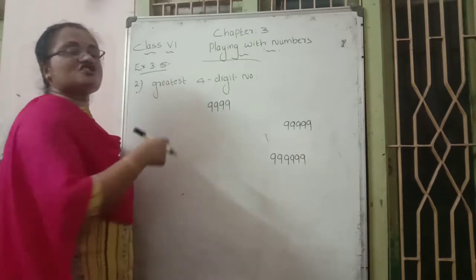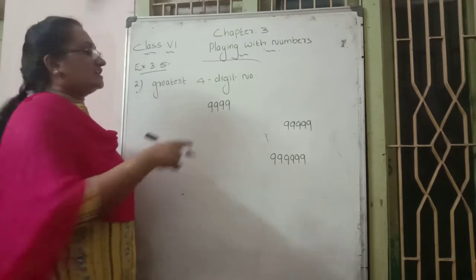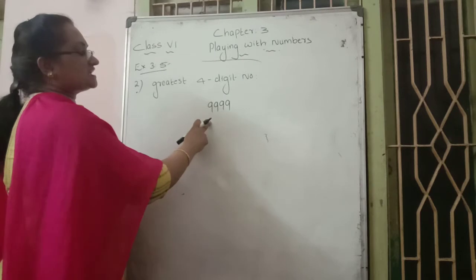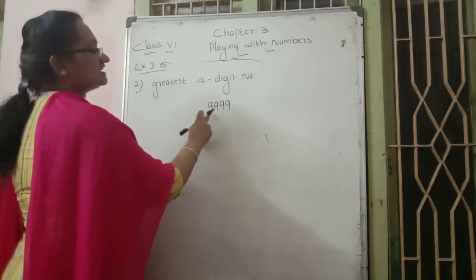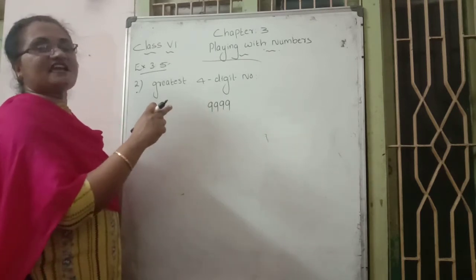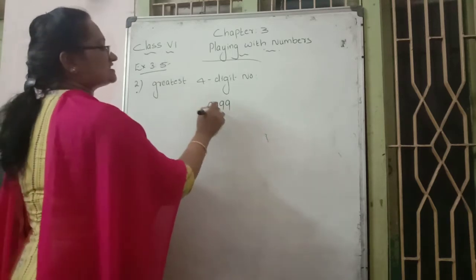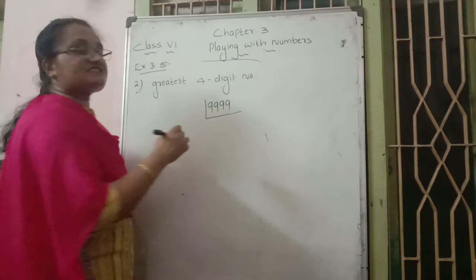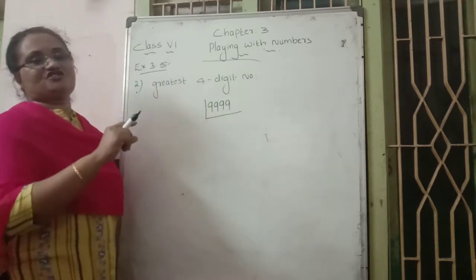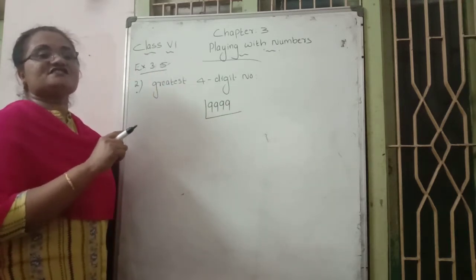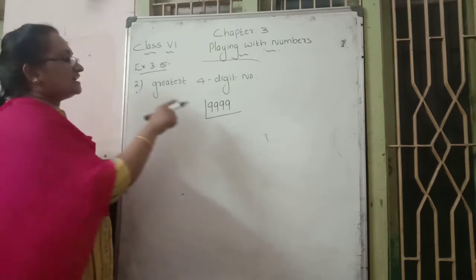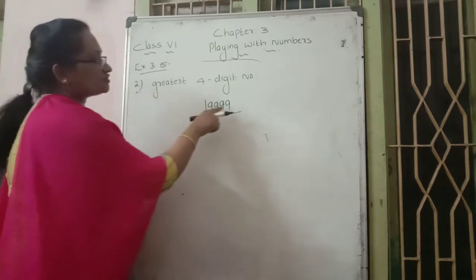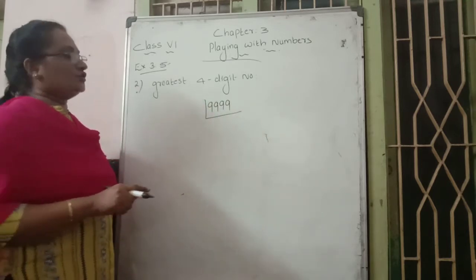In this way, the greatest number. Here they are asking for the greatest 4-digit number. How to read this number? 9,999 is the greatest 4-digit number. They ask for prime factorization and the factors. Prime factors, right? That is the meaning of the second question. Here, how to do this? Which prime number do we use? Is it possible to divide it by 2? No.